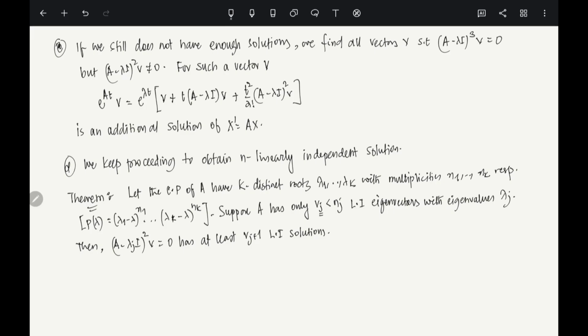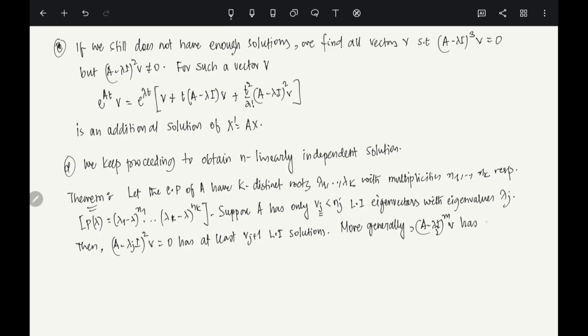So what it is saying is, corresponding to λj, if (A − λj I) v = 0 has vj linearly independent solutions, then the square will have one more, vj + 1. More generally, let me put it this way, corresponding to the jth eigenvalue,